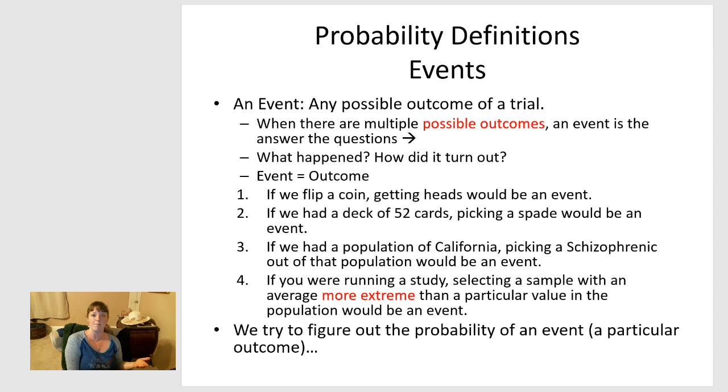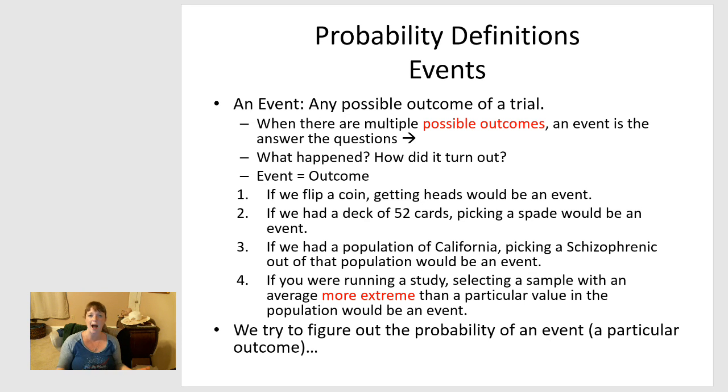You grab one sample and you're like, I grabbed a sample of people and gave them all this depression drug, and I noticed that they're a whole lot less depressed than the population. I wonder how probable this is, right? I wonder how probable it is that I got a sample as extreme as this, extremely low in depression after they got the drug. Getting a very, very extreme sample, very extremely low on depression, would be an event, right? So we can explore